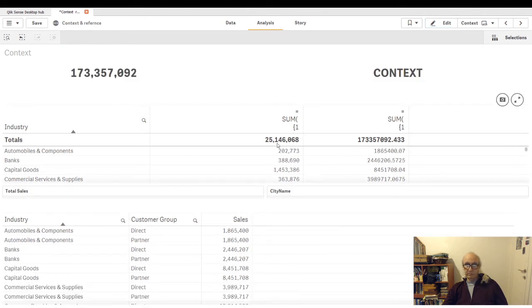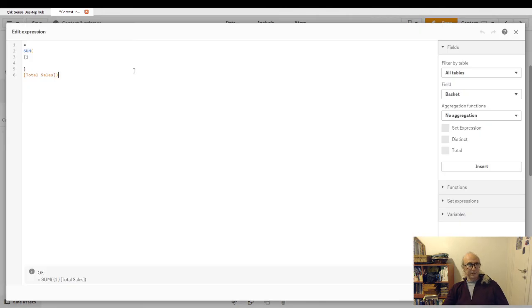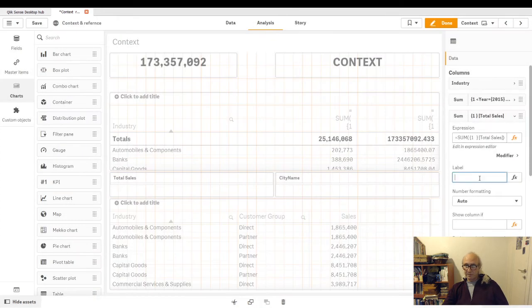So this formula represents the values of the entire data set, but this column only represents, let's give it proper labels, all cells,